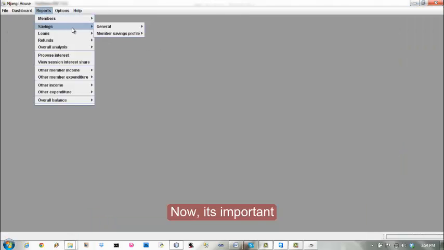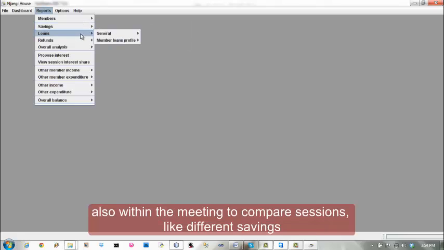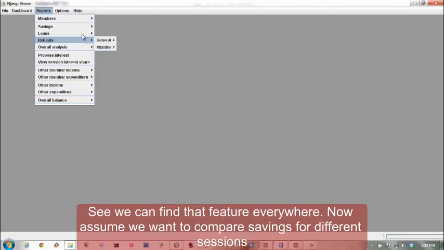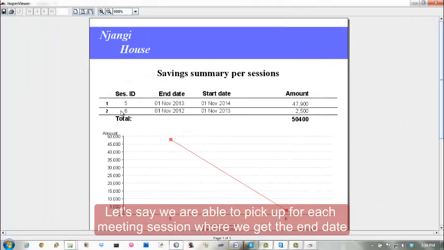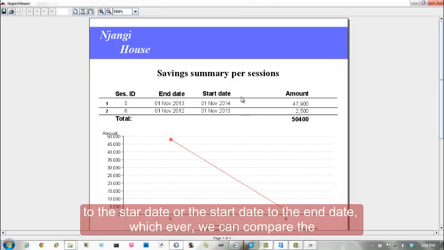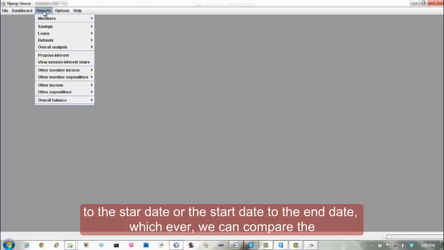Now, it's important also within the meeting to compare sessions, the different savings. See, we can find that feature everywhere. Now, as you want to compare savings with different sessions, we are able to pick from each meeting session where we get this end date to the start date, or the start date to the end date, whichever, and compare the